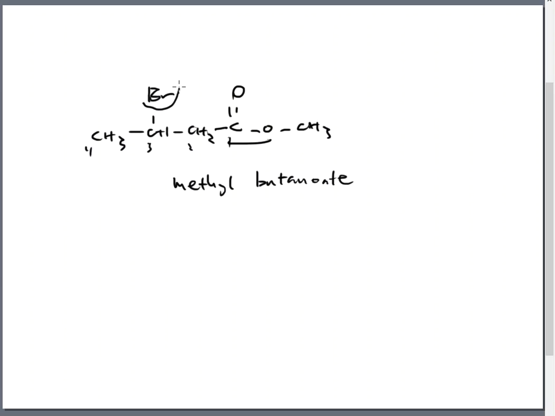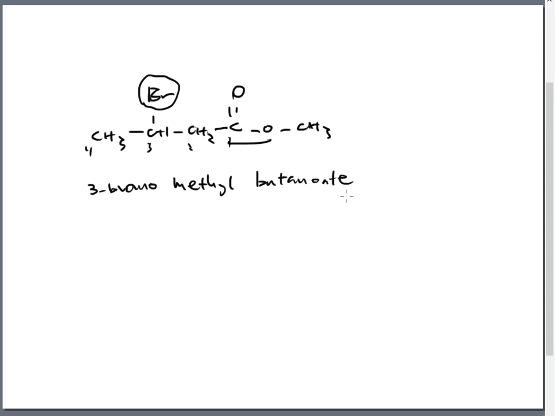I mean, I can see that. We didn't put bromo into the name. Well, that bromo, according to IUPAC, is on carbon number 3. So we're going to have to put a 3 in here somewhere. Okay, so 3-bromo methyl butanoate. Right? I mean, is that good enough? And the answer is, for me, it is. I give you credit for this. Not a big deal. However, if we want it to be proper, what happens with the names of the ester